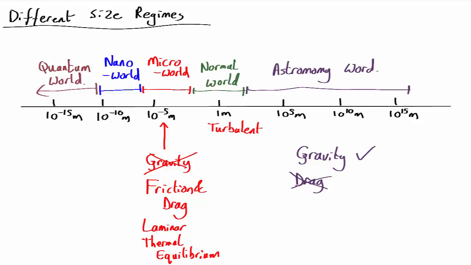And there's actually an even bigger regime, up beyond about 10 to the 22 meters, so off the scale here, which would be a cosmology world. On these really big scales, tens of millions of light years and above, it turns out even gravity starts to become fairly unimportant, and everything is dominated by dark energy and by the expansion of space-time, so relativistic effects.